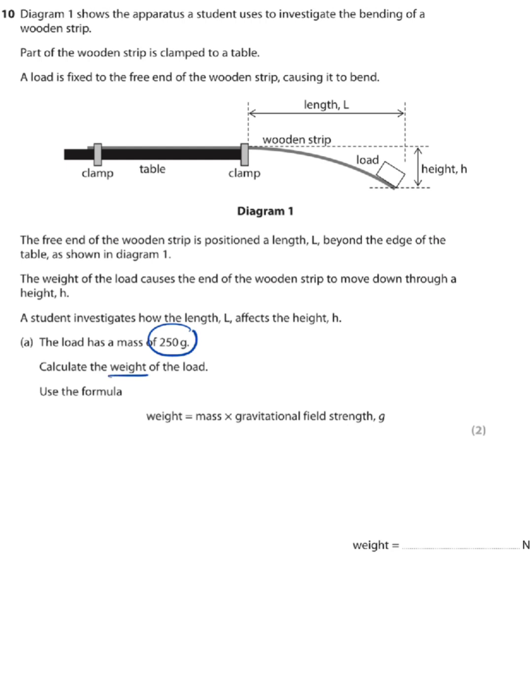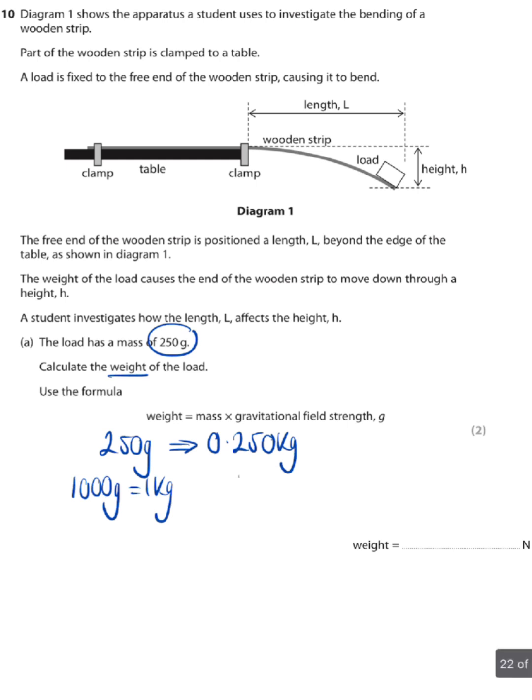Now the thing to remember here is that the mass here is given as grams. So 250 grams, we need to convert that into kilograms. And remember that there are 1,000 grams in 1 kilogram. And therefore to turn 250 grams into kilograms, we divide it by 1,000, giving us 0.250 kilograms. We then plug that into our equation for weight. So we have 0.250. We multiply it by our value of 10, and that gives us a weight of 2.5